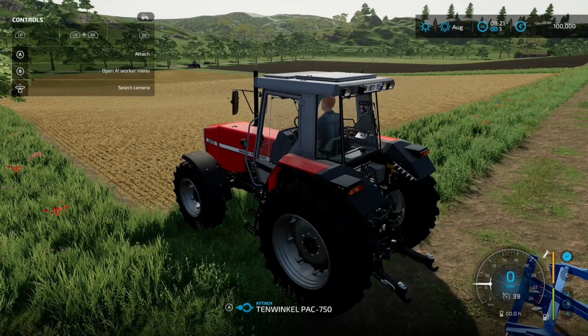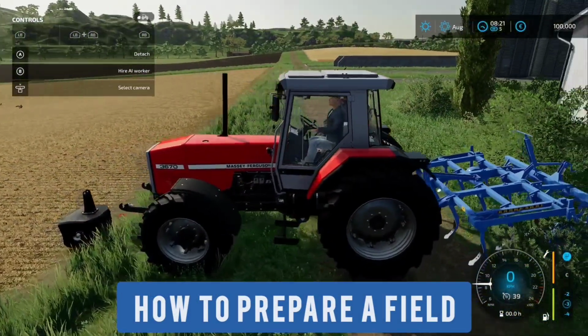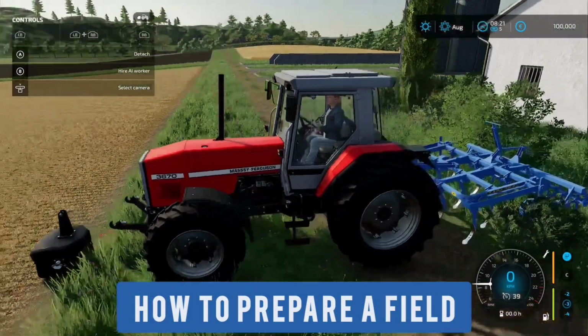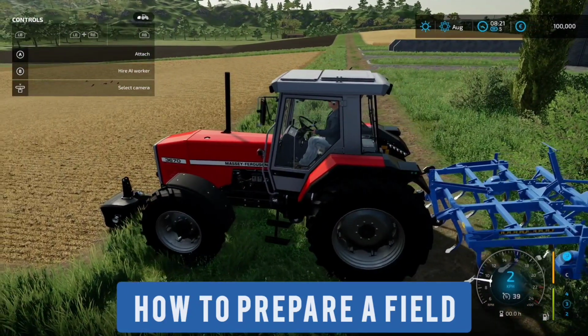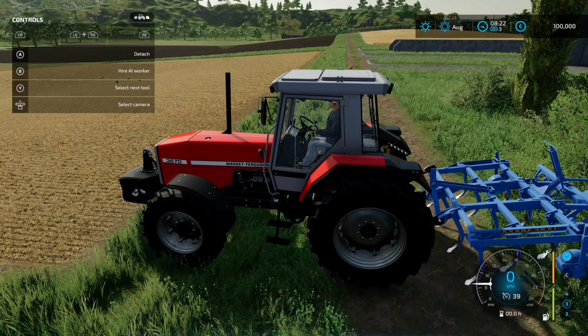Now we're going to look at when you start a season. You've got to plough your fields. You want to attach these cultivators. You can get ploughs. I'm going to also put this on the front. And now this, as you can see in the top left hand corner,